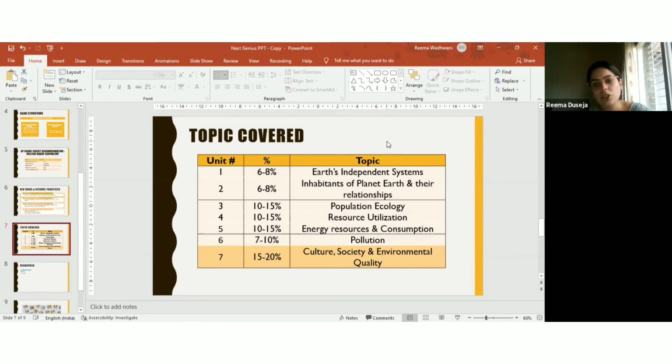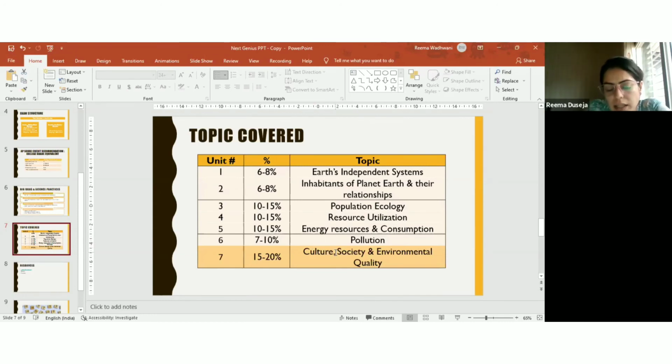Resource utilization and energy resources is again interlinked, as you can see. It also talks about a lot of the clean sources of energy, where right now there's hydroelectricity, there is wind energy, there are all of these green sources of energy as well to draw your energy from. And pollution will be talking broadly about water, air, and noise pollution, and how we can reduce that. How is that impacting the humans and the environment and the animals, and how that can be controlled.